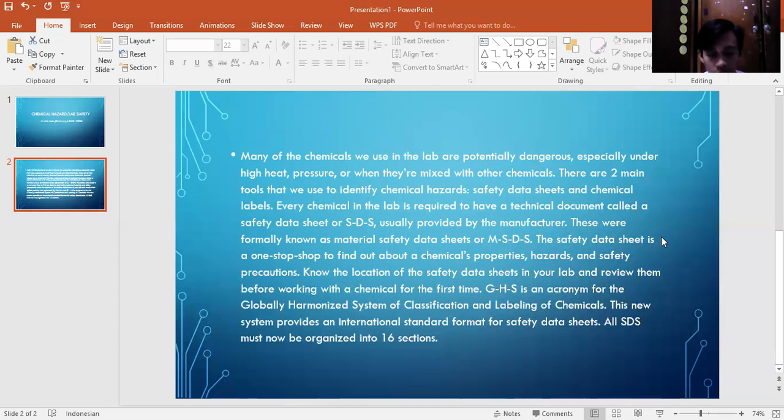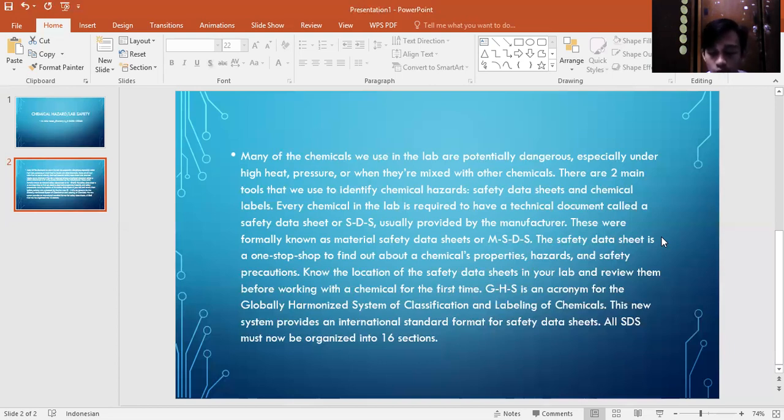Pictograms consist of a symbol on a white background framed in a red border. Each pictogram represents a specific hazard: health, flammability, toxicity, compressed gas, skin and eye protection, unstable explosives, oxidizers, environmental hazards, and acute toxicity. An oxidizer is a chemical that initiates combustion through the release of oxygen.